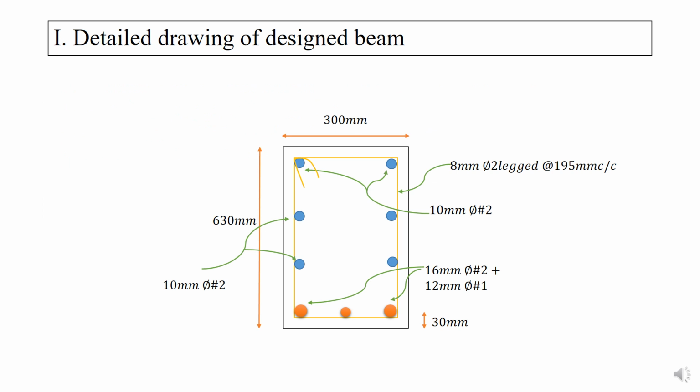Finally, we need to draw a detailed drawing of our design so as to gain maximum marks for a given problem. Remember, without drawing, this solution is incomplete. You are supposed to draw a detailed, neat drawing of the designed beam, where you have to mention depth, width, effective depth, bars provided, diameter of bar provided very cleanly. Okay, so this is how it should be done.